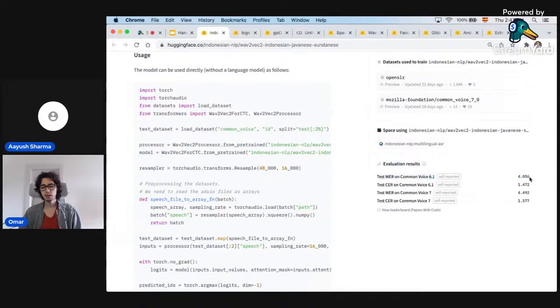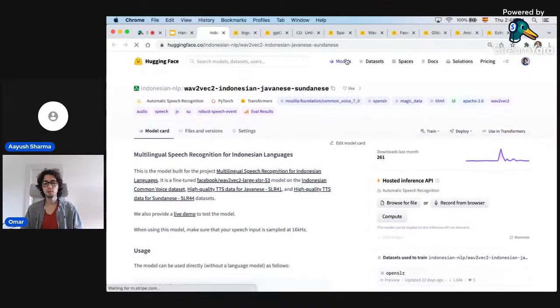Word error rate is a metric, don't worry too much about it, it's just a number that tells you how well a model is doing. So here you can see that the model is performing with these results in this dataset, which is called Common Voice. Again, don't worry too much about the concrete names of these things. The important thing is that there is a mechanism through which people can report how well their models are performing, and it allows people to compare models.